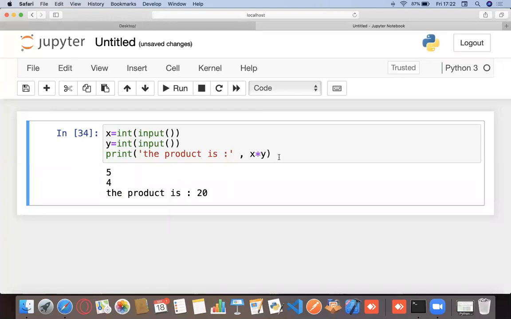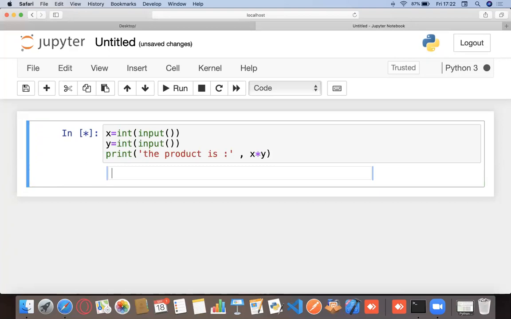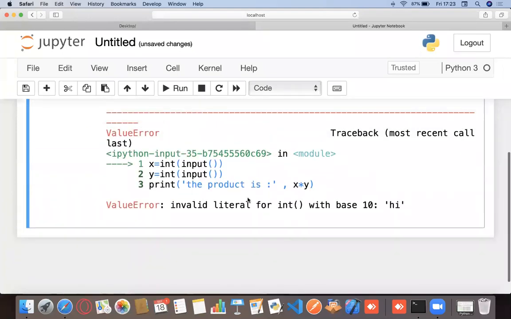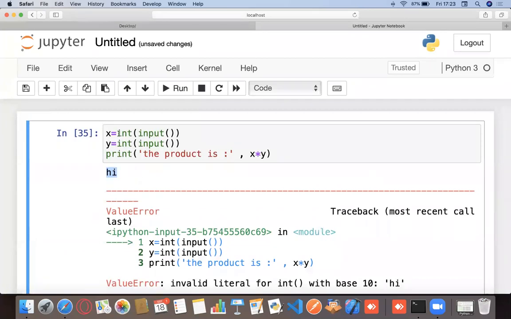Okay, now it's great. My program looks nice. My program actually works. But the point is, if you just show me something like this, a blank input field, without the code, I won't know what exactly I have to enter. I might type in something like hi, and boom, your code breaks. The reason your code breaks is that hi is not an integer. So you told Python that you're expecting an integer.